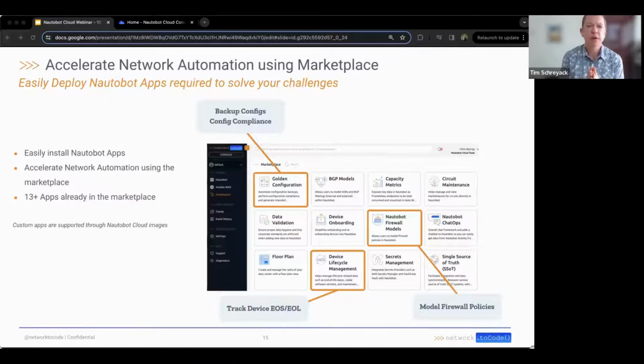And using the marketplace, able to really accelerate the deployment of Nautobot applications. Again, a key differentiator for the Nautobot ecosystem and one of the main drivers behind why you might be interested in Nautobot is the availability of the Nautobot apps. Things like Golden Config, our firewall models, our device lifecycle management applications. These are all extremely popular apps that provide tremendous value back to not only the network team, but the business